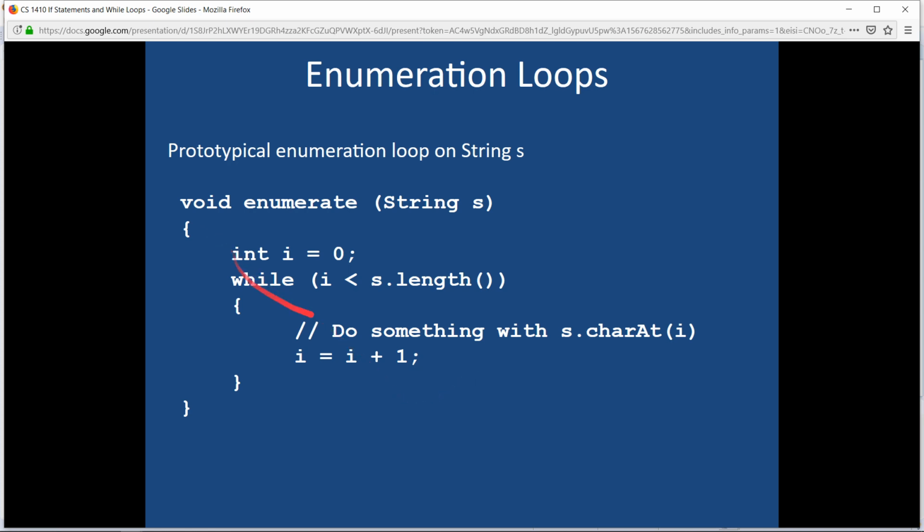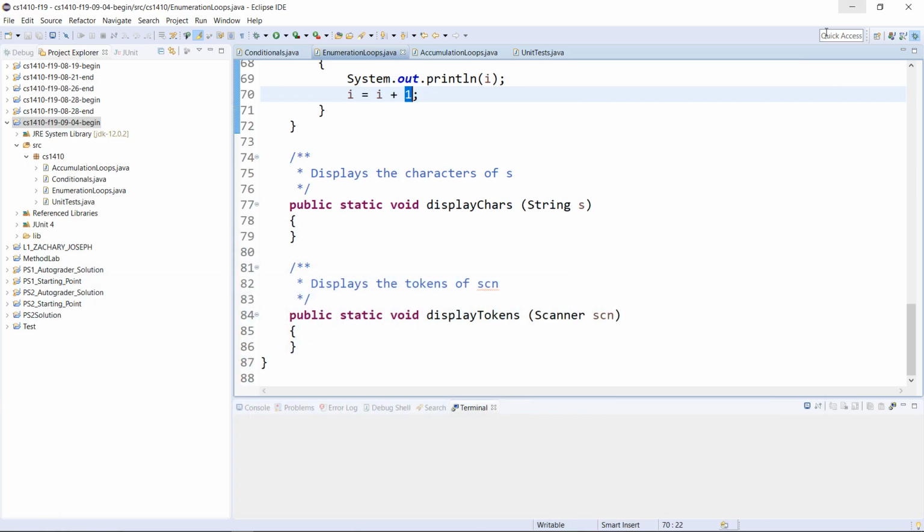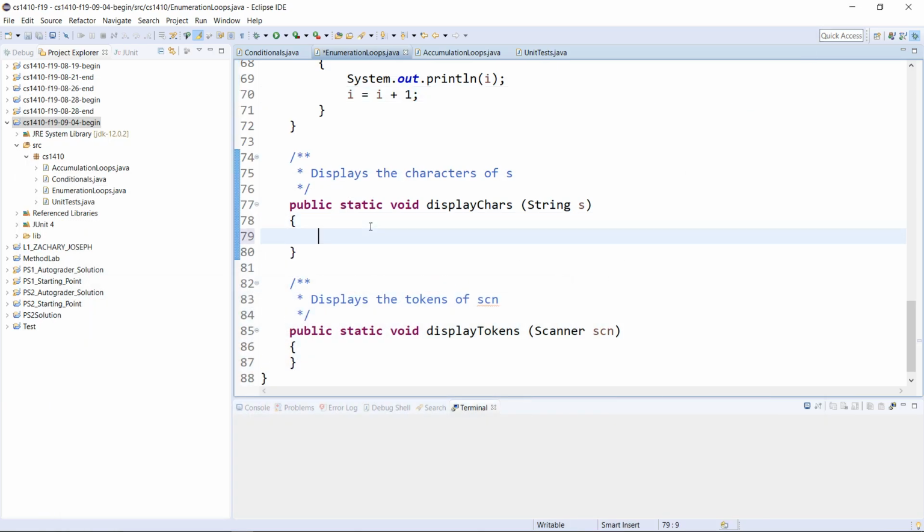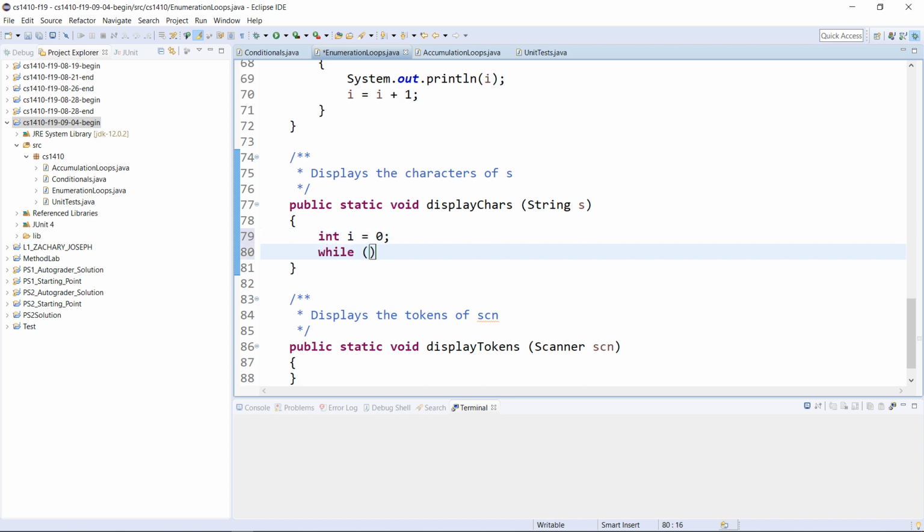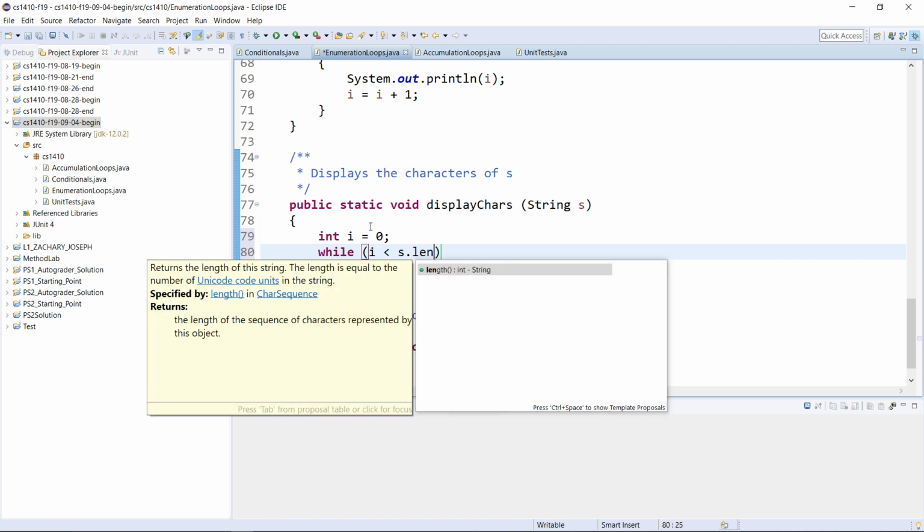So again, we're going to have a counting variable, and it's going to count from 0, 1, 2, 3, 4, 5 up to the length of the string. And then it's going to do something with the character stored at that location in the string, and then it's going to increment. So let's go try that out. To display all the characters, we're going to declare I equals 0. And then while I is less than S dot length,